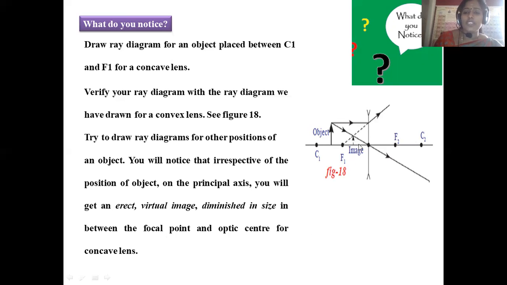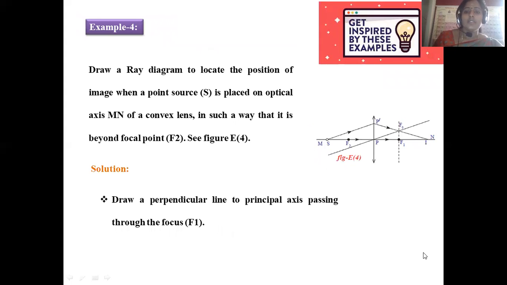So in between the focal point and the optical center, this image was formed with this concave lens. This is a condition we are going to apply, right? Then